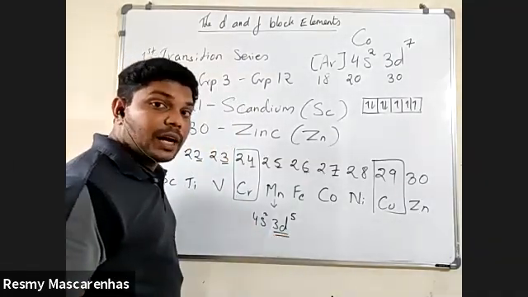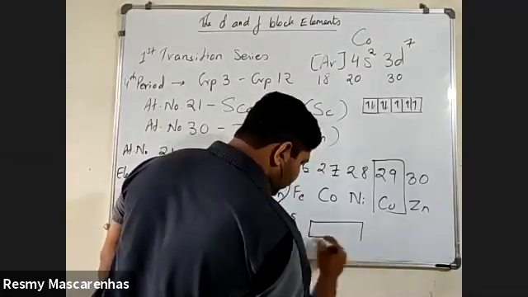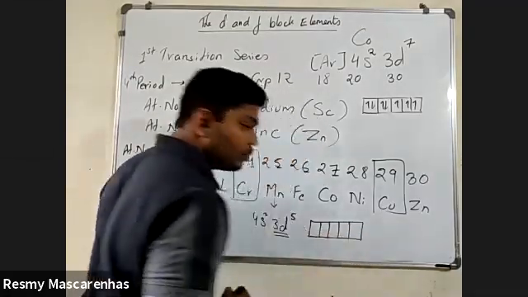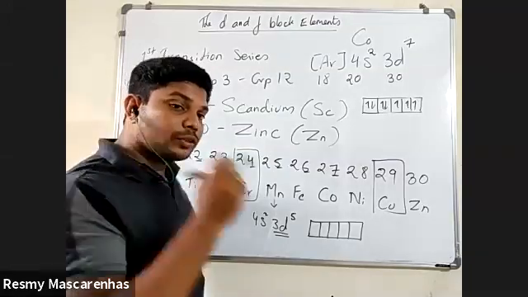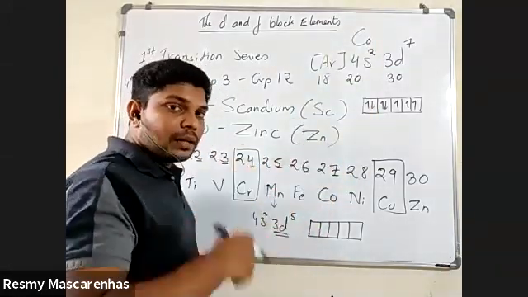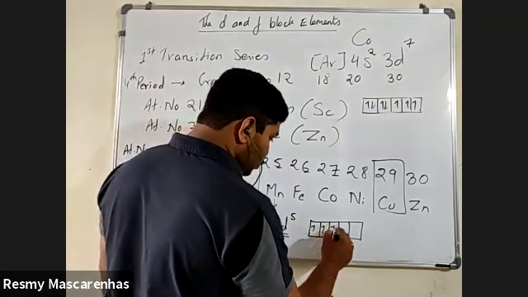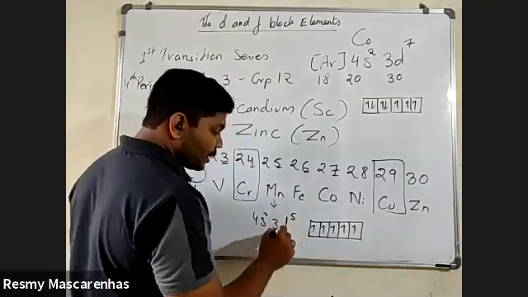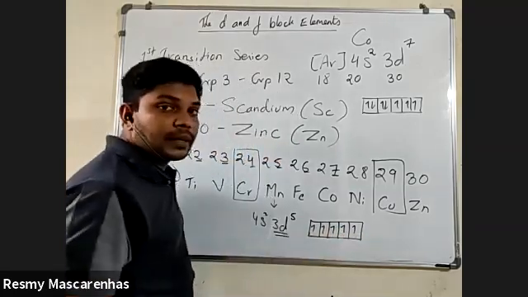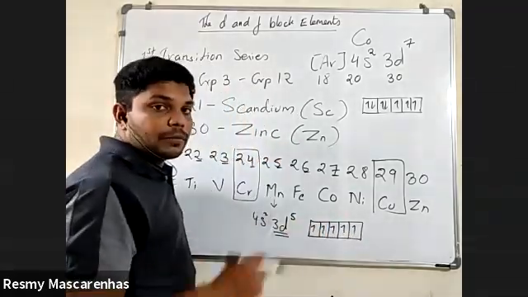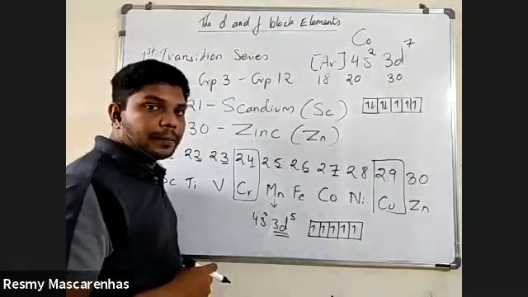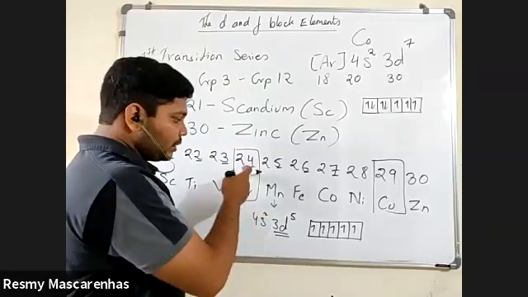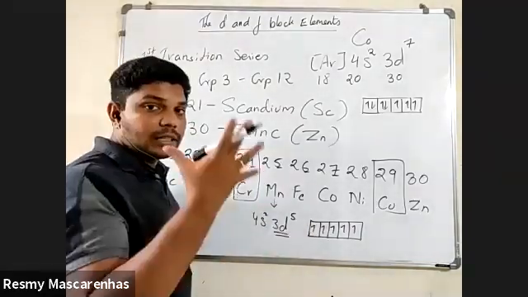In this case, the d orbital is having 5 electrons. Now, how are you going to place those 5 electrons? You know Hund's rule from 11th standard. Whenever you place electrons, first you need to fill all the orbitals singly, and then pairing will take place. So 1, 2, 3, 4, 5. 5 electrons you are placing, and then you will come for pairing. But for pairing, there are no more electrons. So in this case, how many electrons are unpaired? All 5 are unpaired. So in this entire series, manganese has the highest unpaired electrons, that is 5.